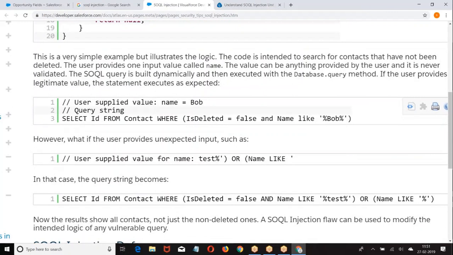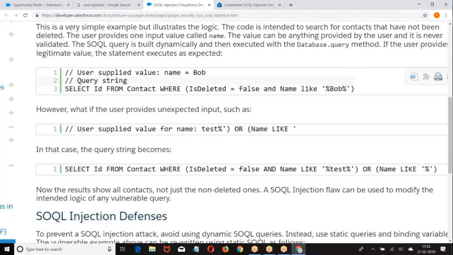Select Id from Contact where IsDeleted equal to false and Name like 'Bob%'.